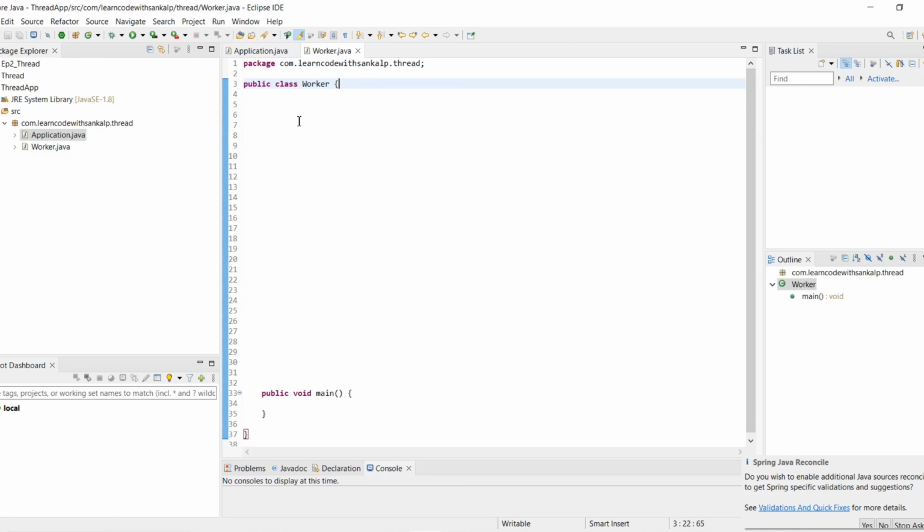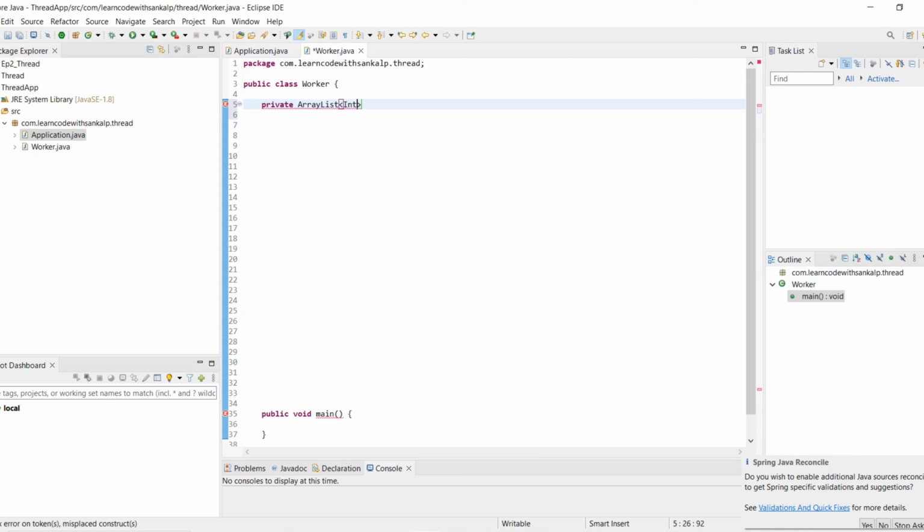So we are creating two lists, with names like list1 is equal to new ArrayList, and we are importing ArrayList from the java.util package. Then we are creating another list.